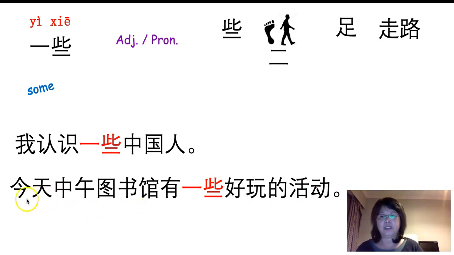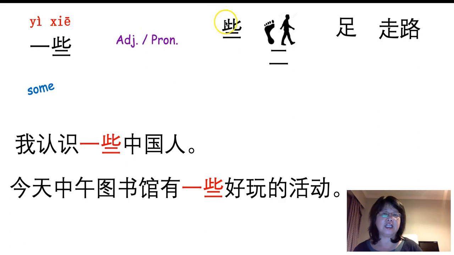Okay, so 今天中午 we put a bigger time frame, 今天 in front of 中午, a smaller time frame. 跟我读。今天中午图书馆有一些好玩的活动。